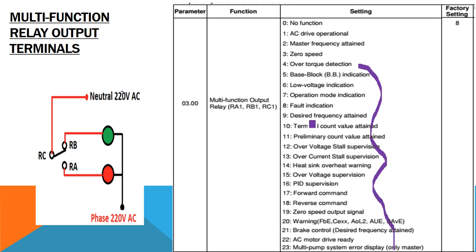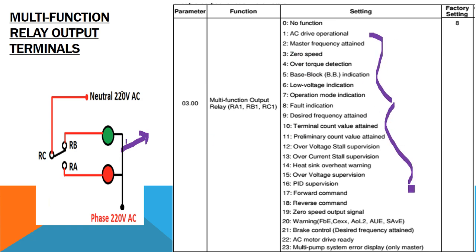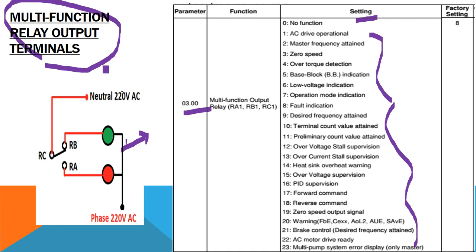From this item, we will be able to get a condition like heat sink overheating. That is number 14. If the motor is working and if you are overloading the motor, definitely it will be getting overheated. That overheating condition will be sensed inside the drive, and this will be changing its position. RB, generally NC, will be opened and RA, NO, will be now closed. From this item, this output can be driving a separate circuit. Either it will be giving a fault alarm or a tripping circuit. So you can customize these requirements of settings with respect to function 3, and this is known as multifunction relay output terminals.